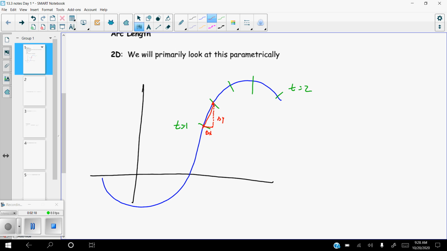So the general concept here is as delta x, delta y both approach 0, or we're letting those changes become very, very small, we call them dx/dt and dy/dt, or derivative notation. So as your changes become really, really small, we let them become the derivative notation, dx/dt, dy/dt. So the arc length